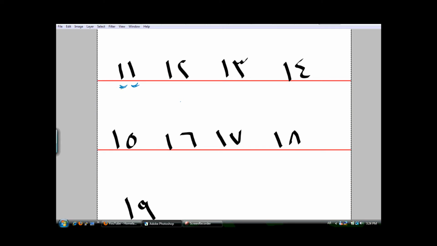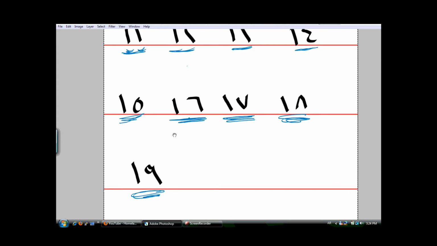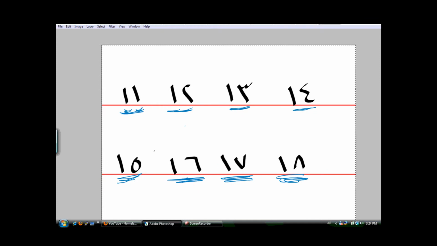So, let's start with 11. It will be 11, 12, 13, 14, 15, 16, 17, 18, 19. Okay, what you should have noticed is that the word عشر was repeated in each of these numbers because